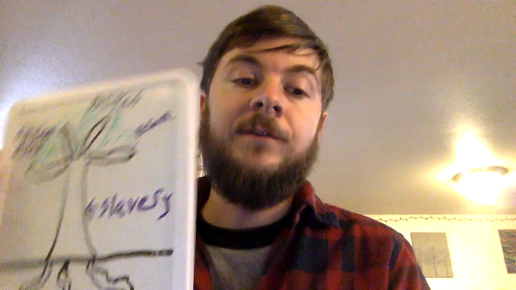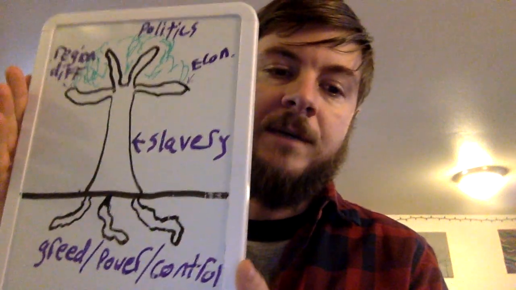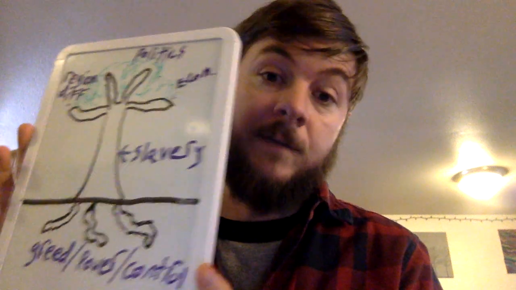But as you should have seen in the title page for our reading today from the National Park Service in that picture, there are other issues that created the Civil War, but they are inexorably, or inseparably, linked to the issue of slavery. And the way that I like to think about this is kind of a model that I drew with my horrible art skills, like a tree. Imagine that there's this tree, and this tree is slavery.